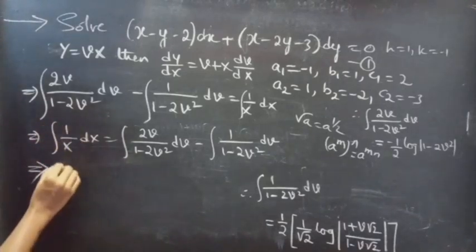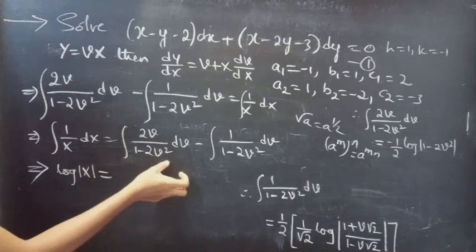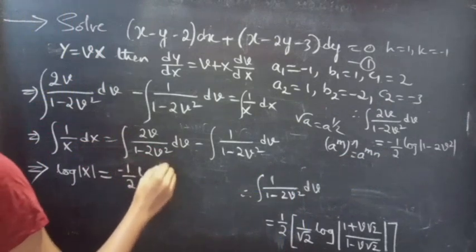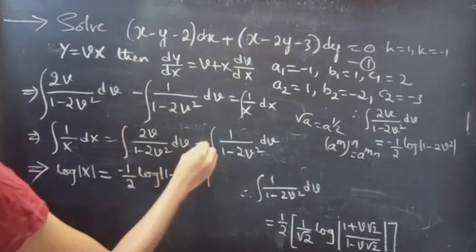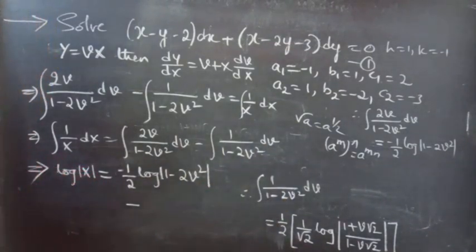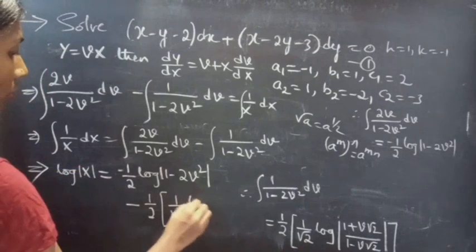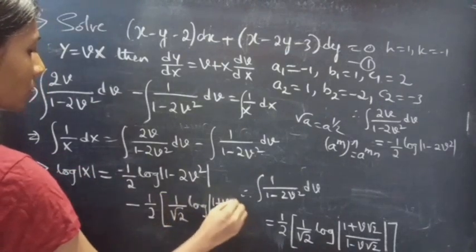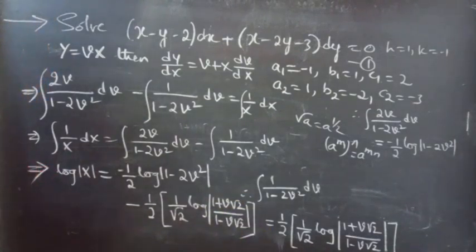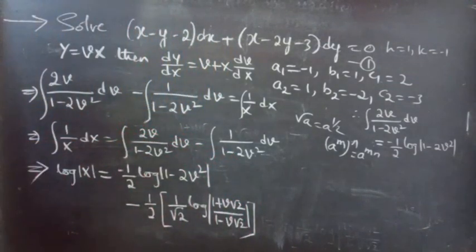Integral 1 by x dx is log mod x equals to integral 2v by 1 minus 2v square dv is minus 1 by 2 log mod 1 minus 2v square minus integral 1 by 1 minus 2v square into dv is 1 by 2 times 1 by square root of 2 log mod 1 plus v root 2 by 1 minus v root 2 plus integral constant